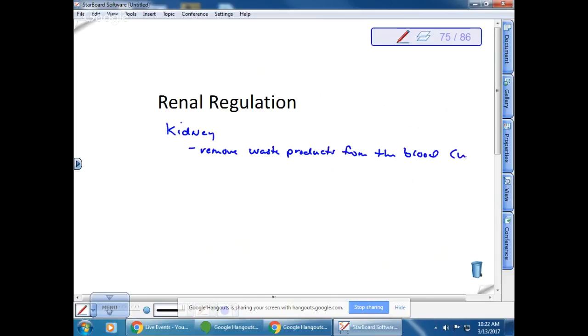And so I'll put in the parentheses here, urea. Okay, so that's the urea, that's the yellow, the urine, urochrome. That's what makes the urine smell, right? Okay, so that's urea. And then it also helps to regulate solute concentration. So regulate blood solute concentrations.